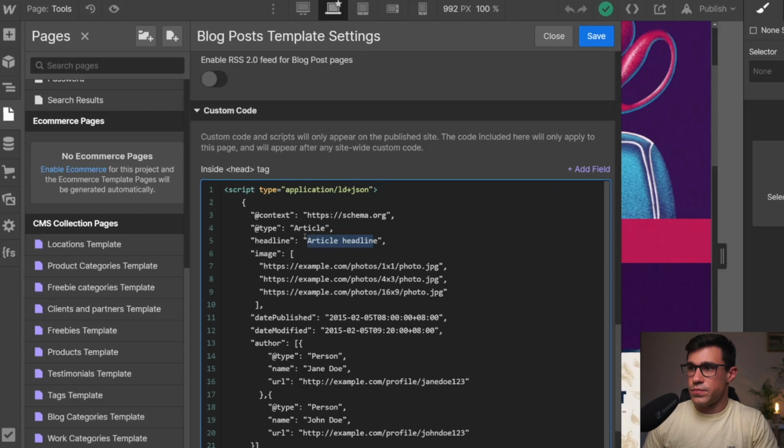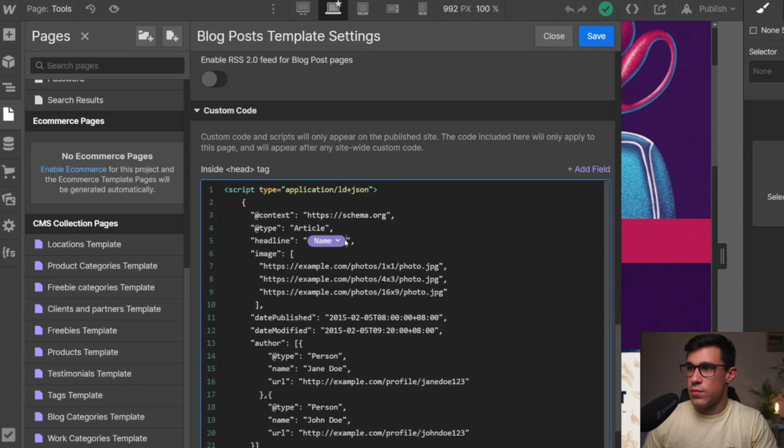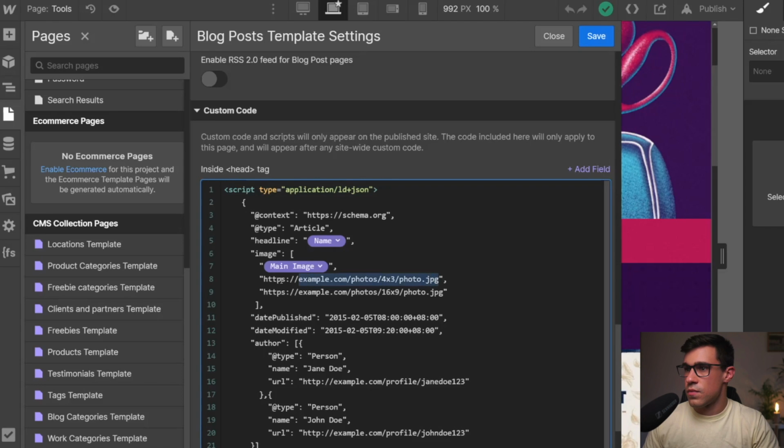Okay, so here we have headline, and this is going to be our blog post headline. So the way to do it is to add our name here, or our blog's name here. Now make sure that you're inside of these quotation marks, otherwise this will not work. Then here we have images. So here I'm just going to upload my thumbnail image as well as my main image. So we have main image here, thumbnail image,